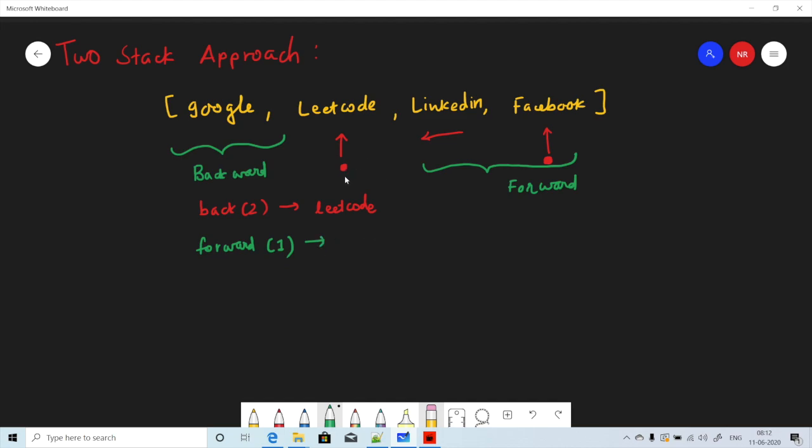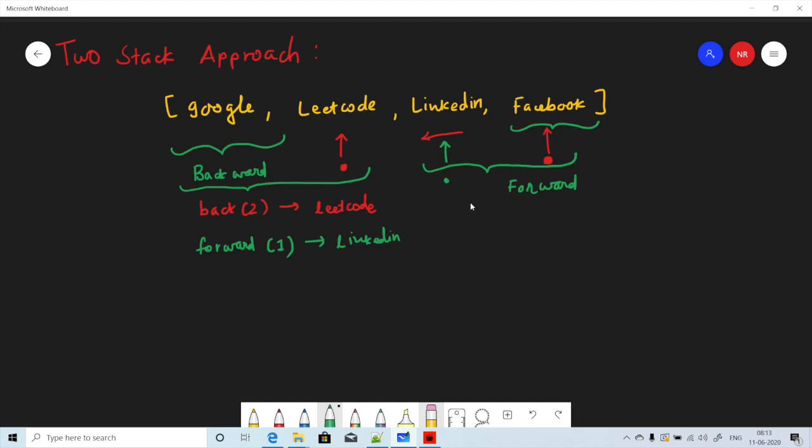In that case we were here, we move one step ahead, and now our current is pointing to linkedin.com, so we'll return LinkedIn. Now when we are at this point, our backward history is these two sites, and our forward has been reduced to this many sites.